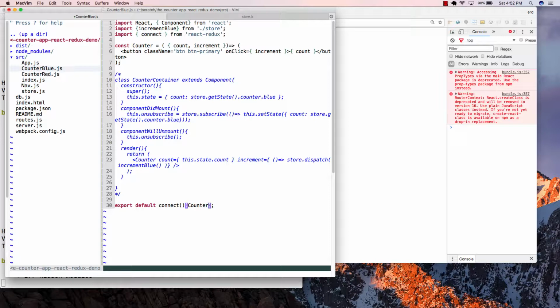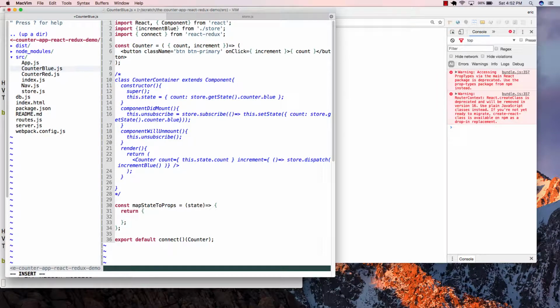There's two things that you can pass to connect in order to be able to do this. So there's something called, and you can name these whatever you want to, map your store to props. Meaning map state to props. That's by default usually what it's called, or by convention, I should say. This is a function which takes the state of your store, and you can return another object. Again, I'll do it the old school way here. And what I'm going to return here